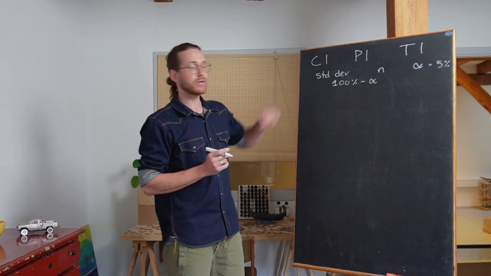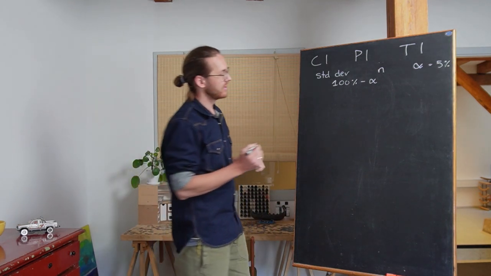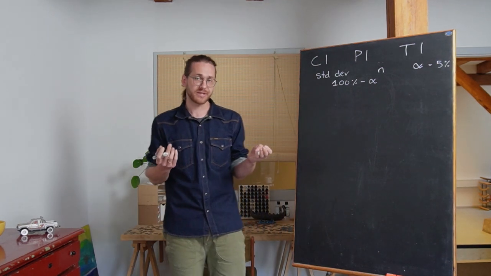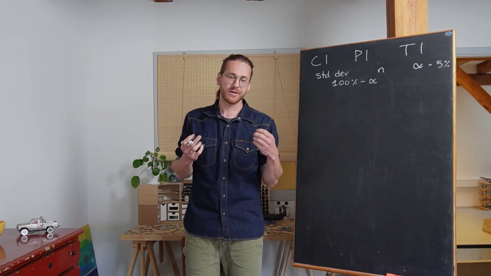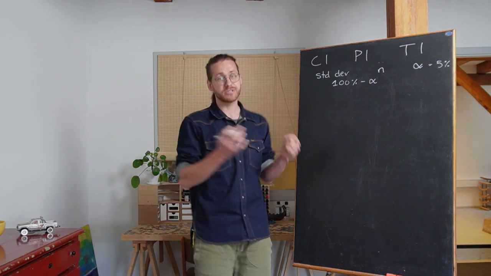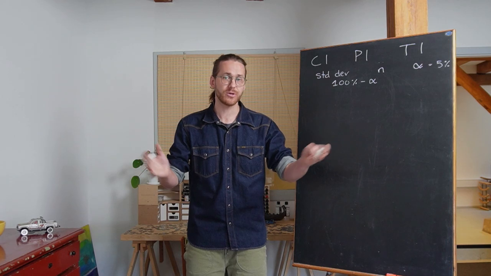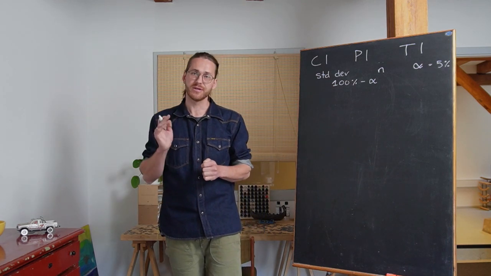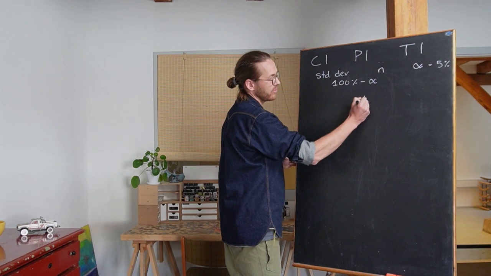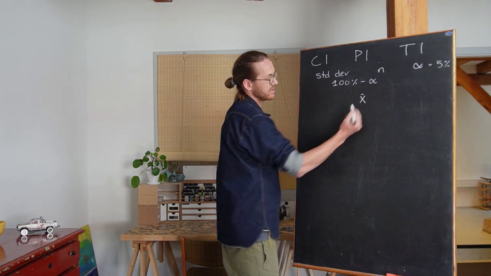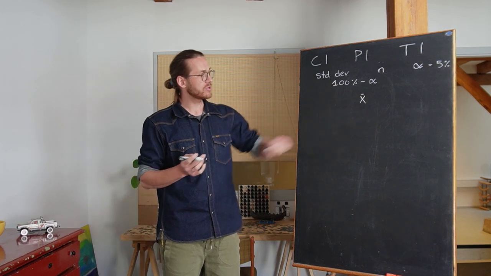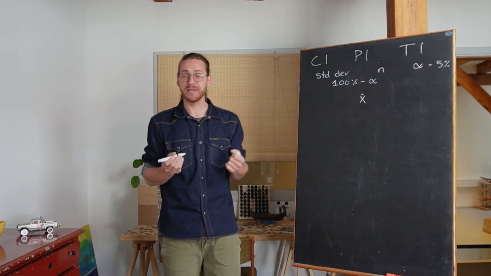So let's start off with confidence intervals. So confidence intervals is on an estimate. So it might be the estimated mean, it might be the estimated proportion, standard deviation, it could be almost anything. There's confidence intervals on a lot of things. But what's important to remember is that it's on estimates. So let's go with the idea of an estimated mean.